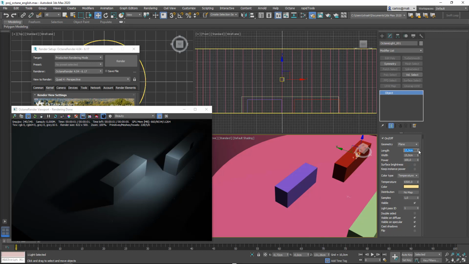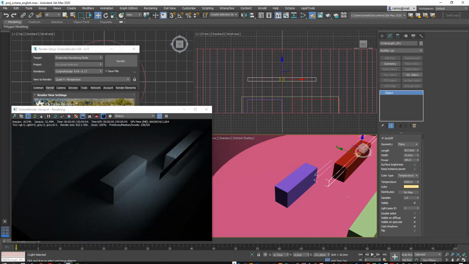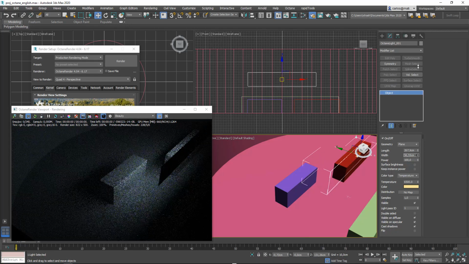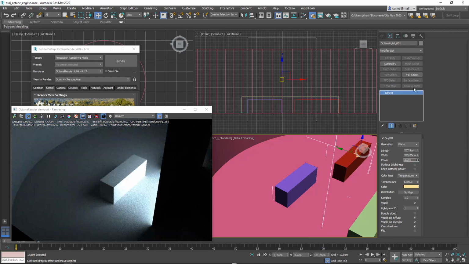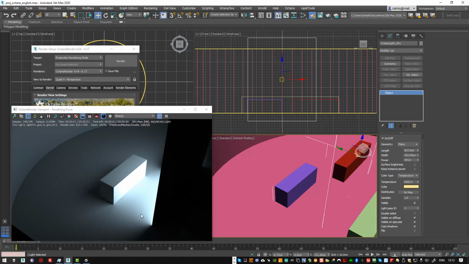And if my light were bigger in size, the shadow would be more smooth, as you can see. That's because, and we really need to understand this when we are projecting an image through an Octane light,